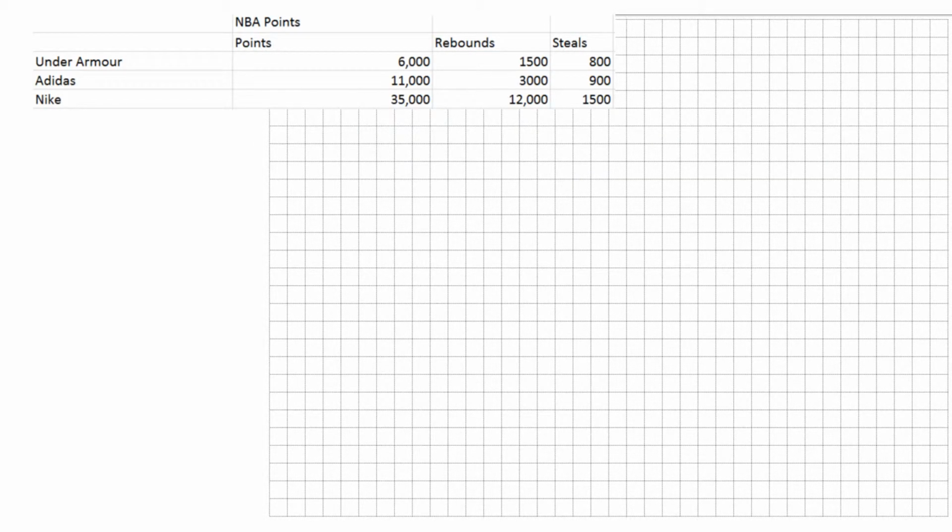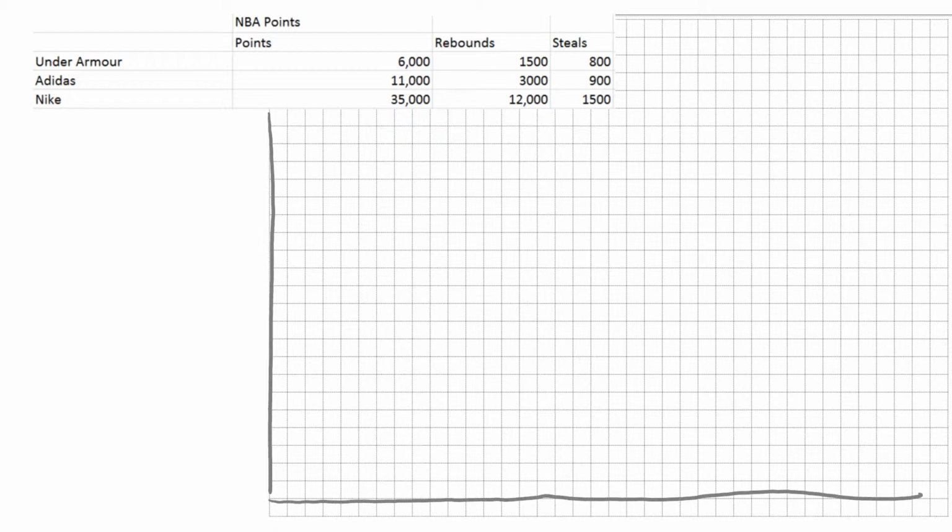We're going to make this graph look a little bit different just to give you some variety and show you that you too can choose the axis to go horizontally instead of vertically. In other words, the bars are going to run in this direction instead of like the last one, which ran in that direction. So we're going to choose the vertical axis and the horizontal axis, and we're going to put the number of points on the